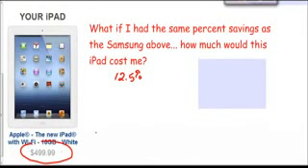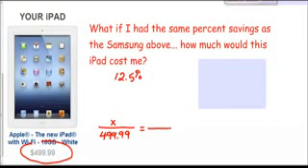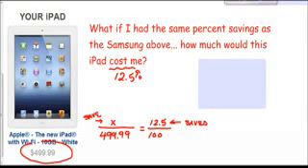So since the iPad normally costs us $499.99, we can figure out the dollars saved, again setting up the same proportion of 12.5% over 100. Because the 12.5% is the percent saved, what I'm going to calculate here is the dollars that I save. This will not directly tell me how much it will cost me. This is simply going to tell me how much I save. When I go through and calculate this amount, again using cross products to figure this out, I can figure out